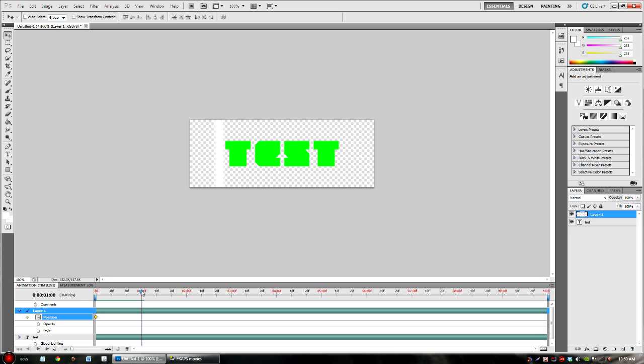So let's say we want this line here to move to a new position in 1 second. Then we would put it right here. We would drag the slider out to 1 second. We would have the little movement guy up here on, and then we can just use our arrows,